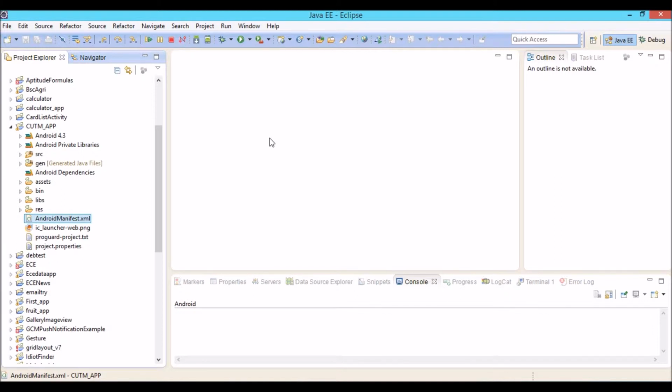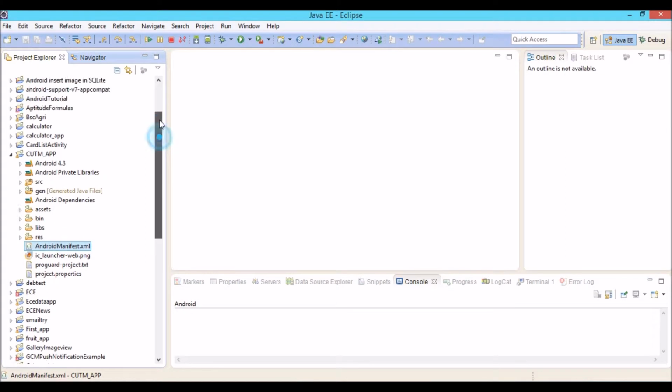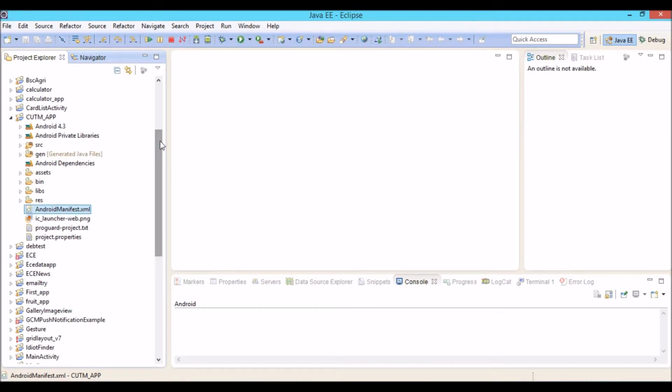Now coming to our workspace, the Eclipse environment or the Eclipse window, it is the software or environment under which we have developed our app. This is the Java EE environment, that is the Java and Eclipse environment. Combining the Java environment and the Eclipse Android environment, we have developed our app. At the most left side window we can see the project explorer, so the user can import, export or open any file or any project at this window.